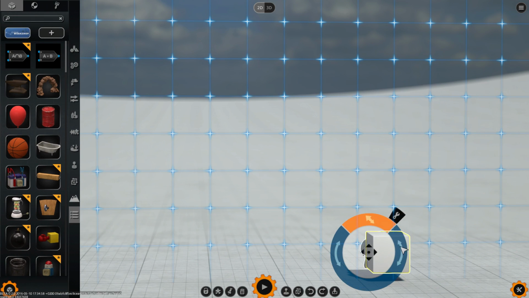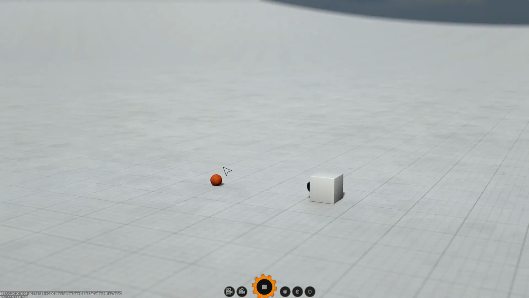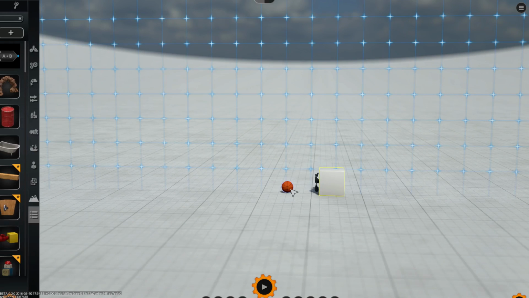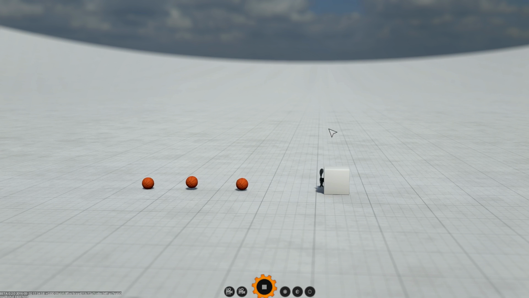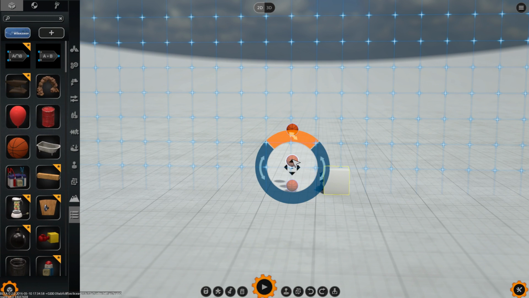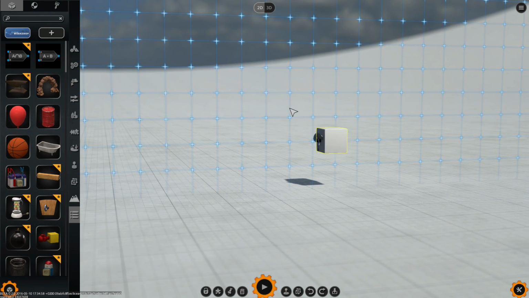Okay, let's add some objects in front to show you where the wind is. Let's add a ball, and as you can see, the ball is blown away. Let's add more balls, and they are all blown away by the wind. Okay, this is nothing new so far, but the improvements now are,